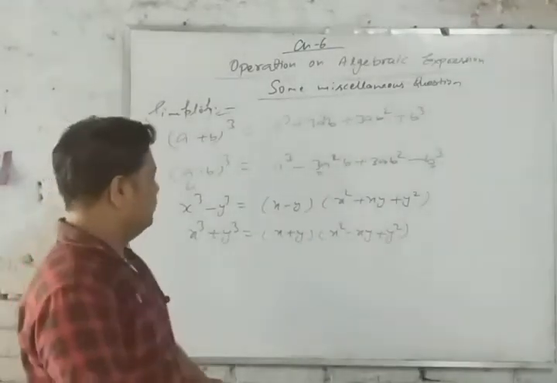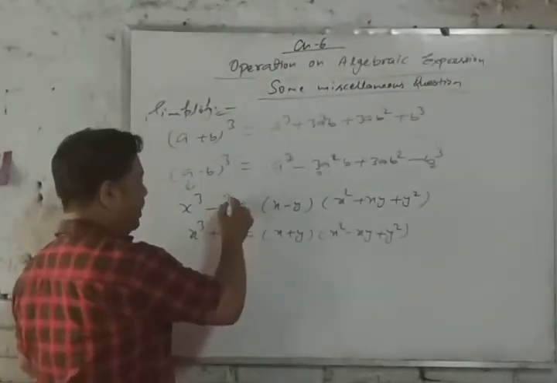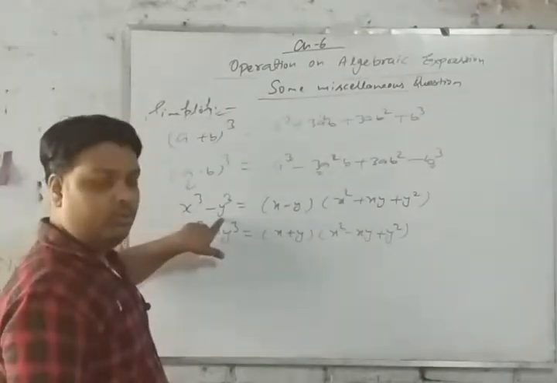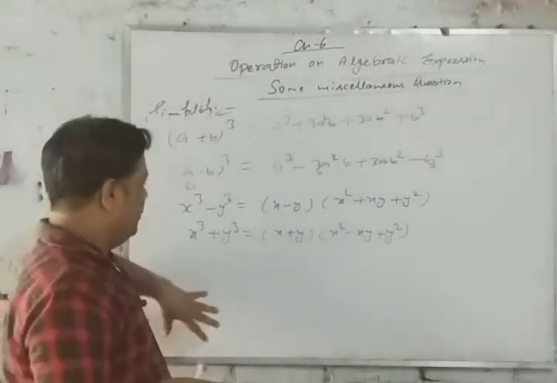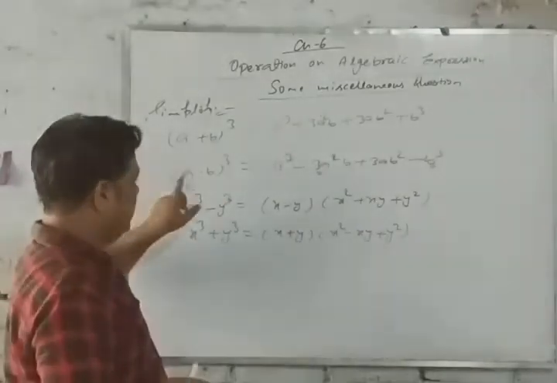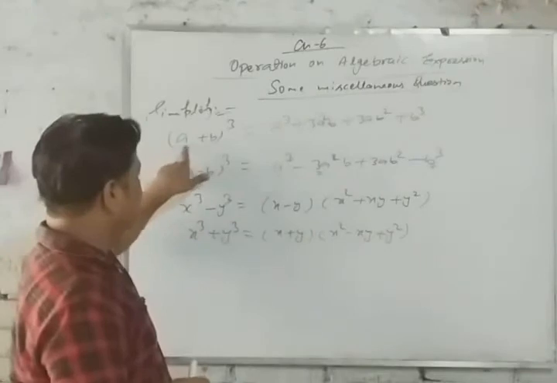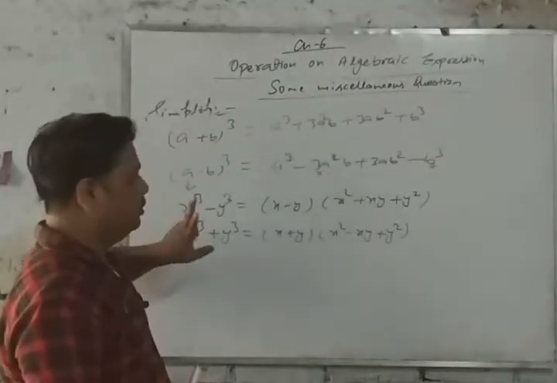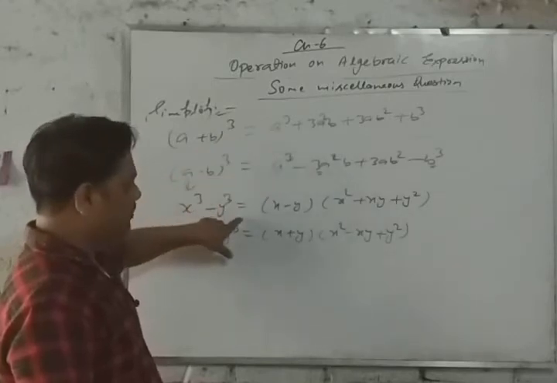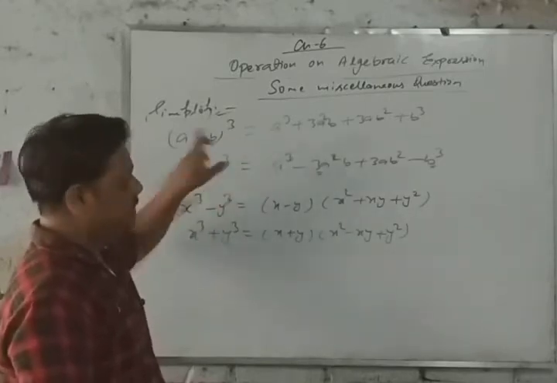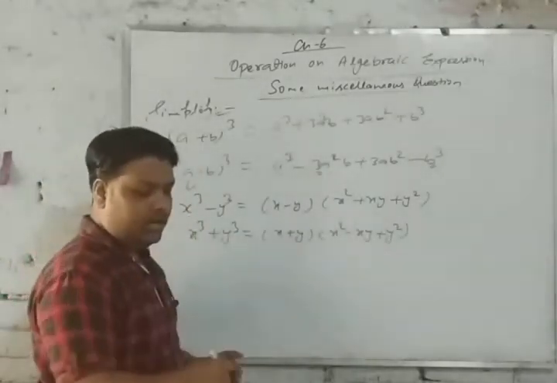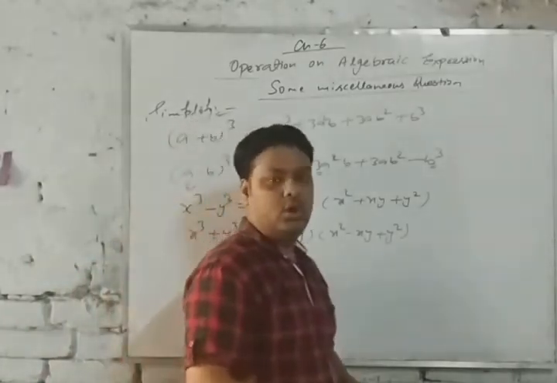Okay dear, but do not get confused, because here you can see it is the whole power and here it is the individual power. Many students get confused while solving this type of question. So always keep in your mind that it is the whole cube and it is the individual cube. So do not apply the formula of one in the other. Always keep in mind whole cube and individual cube. Okay. Now let's solve some more questions of proving.